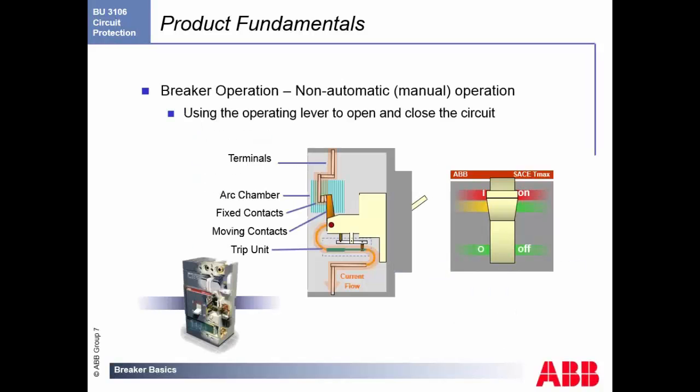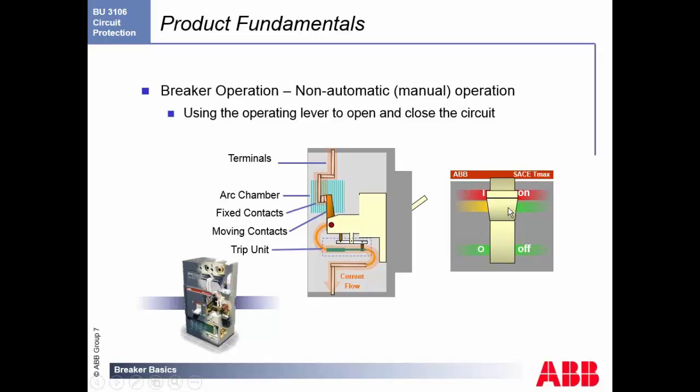So how does a breaker work? Non-automatic manual operation is just using a lever to open the breaker. As you see, the power comes into our terminals here. We will go through normally through the arc chamber into our fixed contacts. The power then goes through and the current flows out to your branch or your circuits and all the products